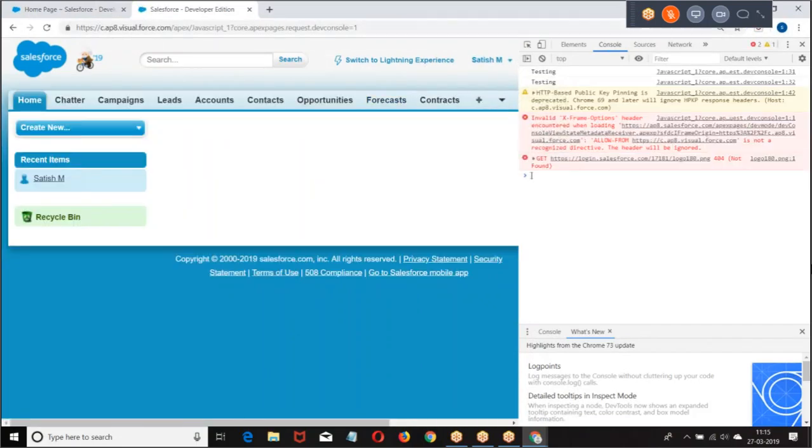Now, here the message is supposed to be printed. I did a function there. Look at the point: testing, you're getting a message here. This is like system.debug in your Apex programming, which prints the message in the log file. That is used for unit testing, to check whether the logic is running properly or not.